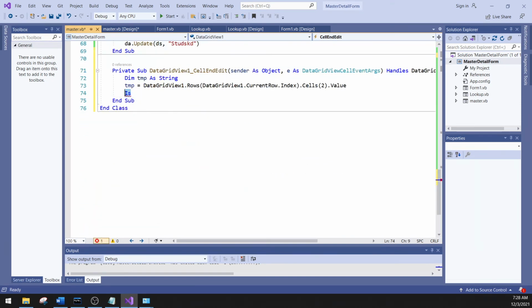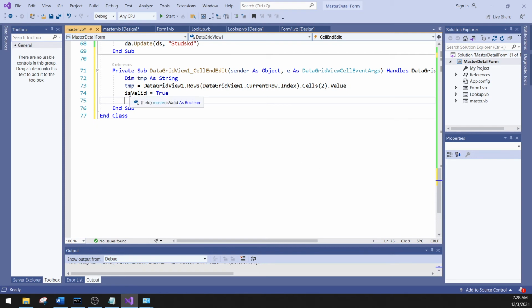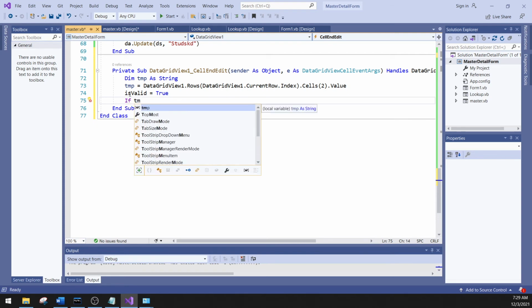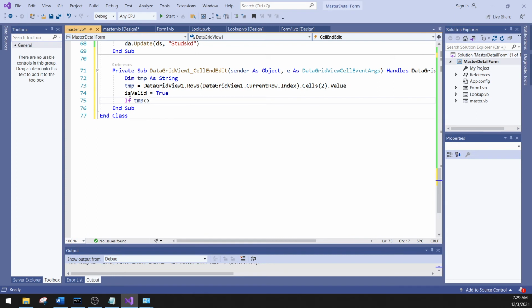So valid, is valid equals to true. Okay, and then if tmp not equal to